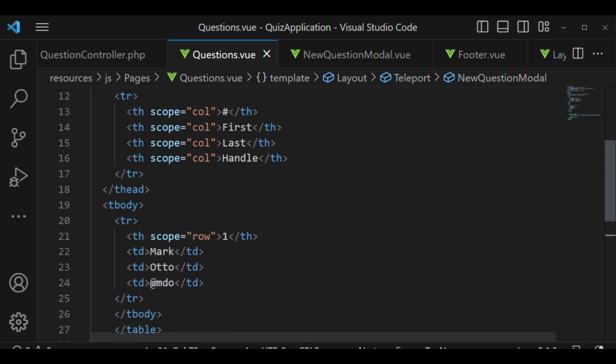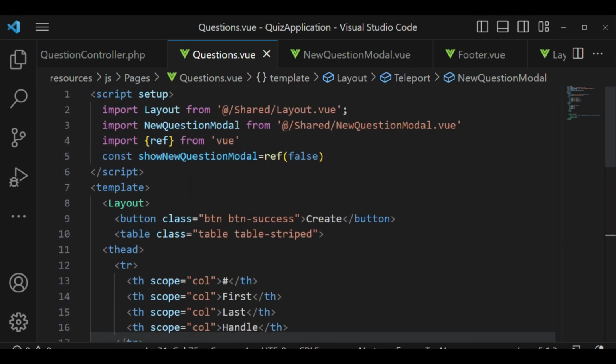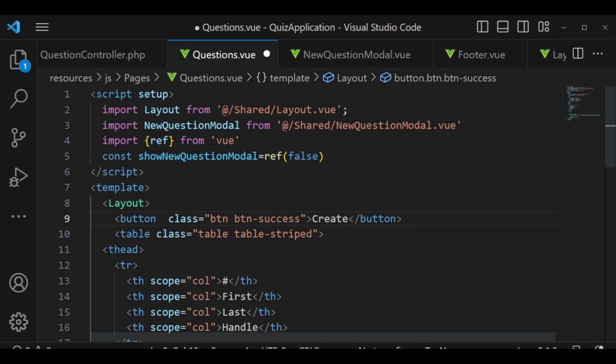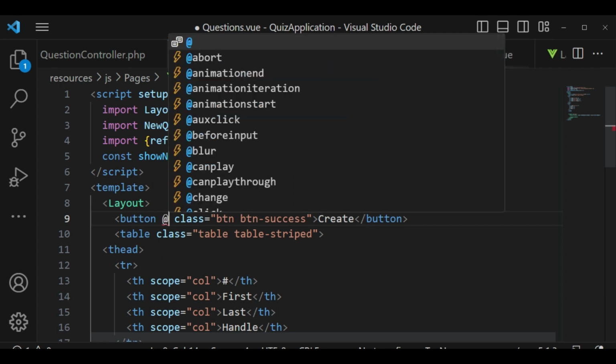We can have a method like that. So here we can say this button, when it is clicked, we want to have a method on this button. So I can just write @click